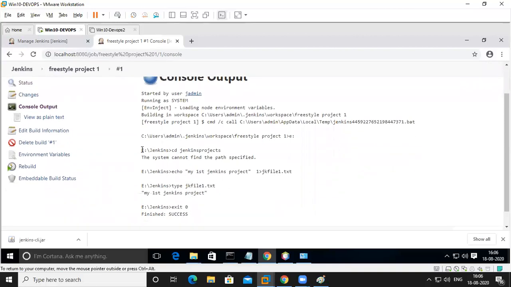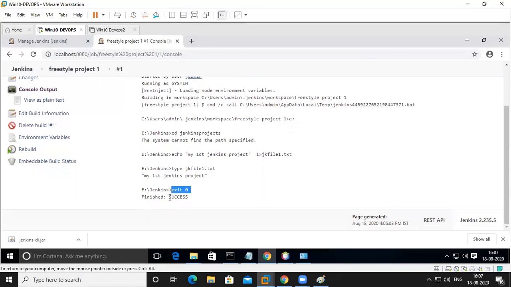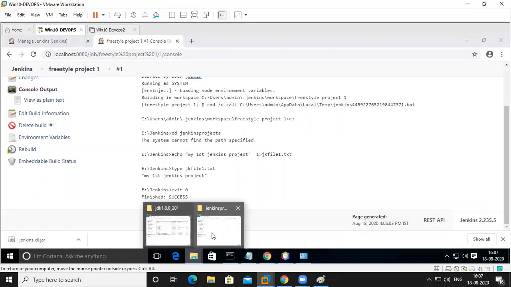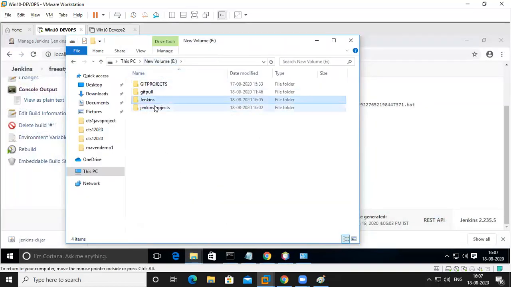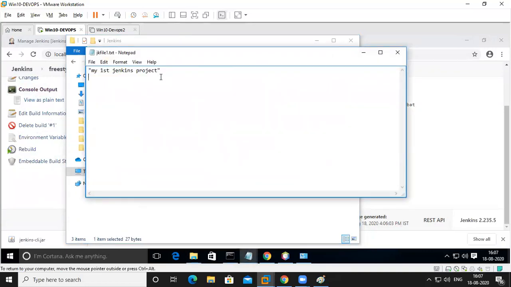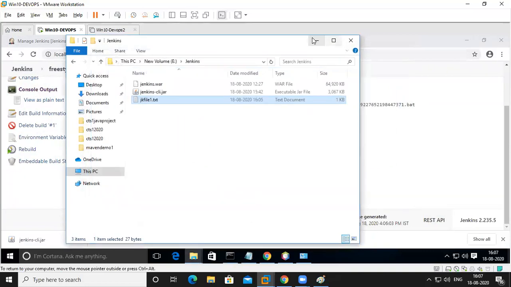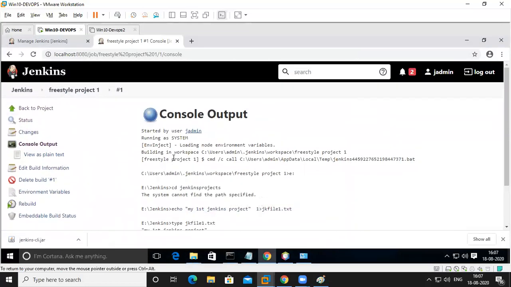So no problem. So this is the column. Can you see that column? Okay, so we should give the complete path. I didn't give a complete path. Okay, so echo this one and here and type. So my text is here, and completed and success. Okay, I want to see the result. Okay, it's not understanding the location. It went to this location. Here it is created. Can you see? So it is a simple project.